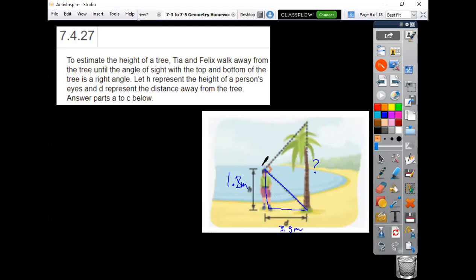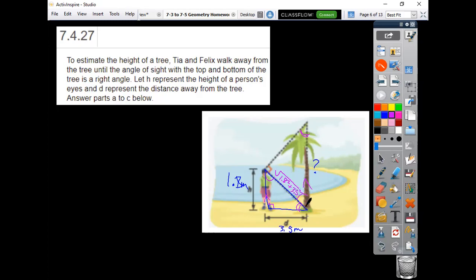We also can understand, hopefully, that these are similar triangles. These are both parallel. So if we have this angle here, it's congruent to that angle there. Your right angle's right in here. And then that means that this angle and this angle have to be congruent because of angle-angle similarity. So based on that information so far, this hypotenuse, by the Pythagorean theorem, would be 1.8 squared plus this 3.5 squared,